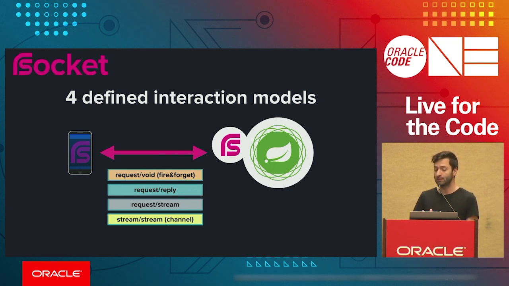You have something different then, which is what we call request-stream. Request-stream is actually sending a request to a server, like a request in HTTP, but not only receiving one response, but multiple responses. So think about subscription, for instance. One of the prominent RSocket users is Facebook. You are a Facebook client application, and you subscribe to a news feed, basically, and you receive multiple news items over a single request. So you subscribe to many responses in that case.